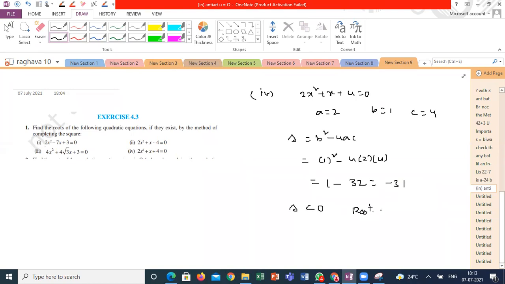Roots are, what is our conclusion, what answer you have to give? Roots are not existing, so no need to solve this question. Not existing here. Guys, anyone having any doubts in this question, please let me know before moving to the next question. No doubt, sir. Yeah.